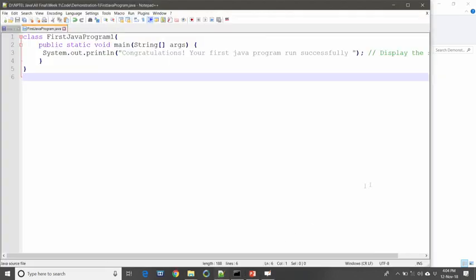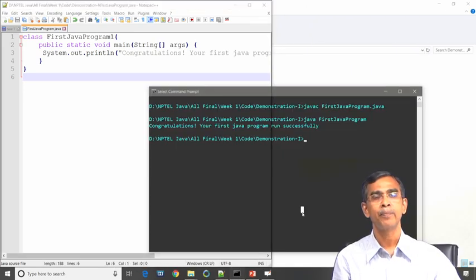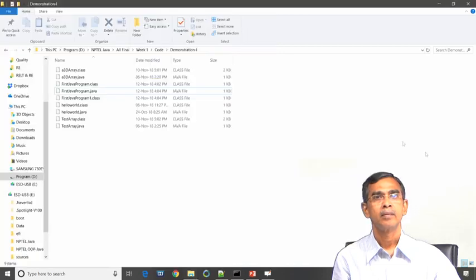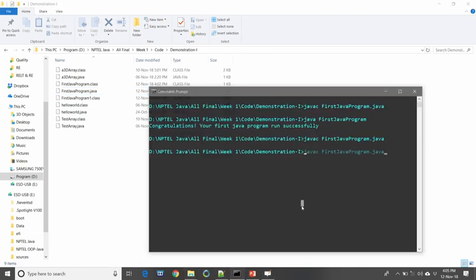This means that in this case compilation should not be successful. Now, let us run the same javac first Java program.java and then run it. Different class file, so how is it compiled successfully? Compilation will be done. Okay, compilation will be successful. Now let us see, run the program. To run the program: java first Java program.